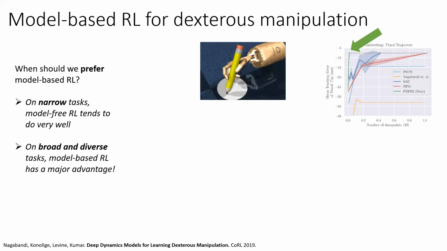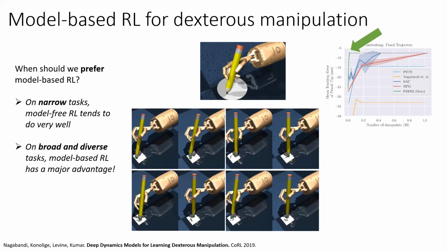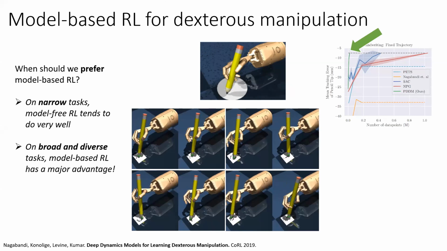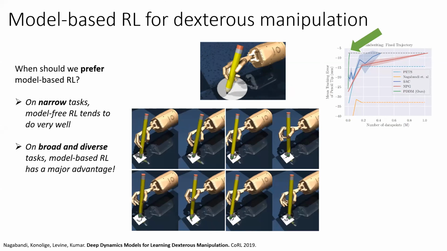However, if you increase the diversity of the tasks, then it actually often turns out to be the case that model-based RL has a bit of an advantage. So when Anusha changed this task so that the hand needed to draw different digits on the paper, so it's drawing different MNIST-style digits, 6s, 9s, 1s, etc. And in particular, we want the same model to draw every kind of digit by taking the digit as an